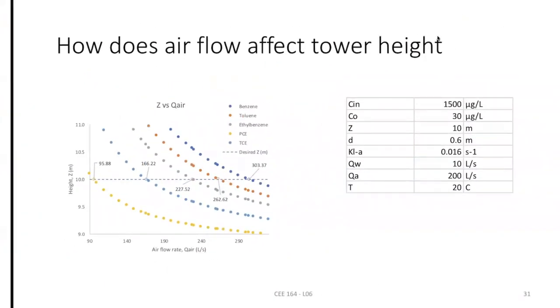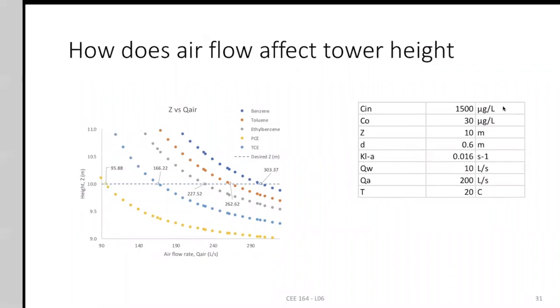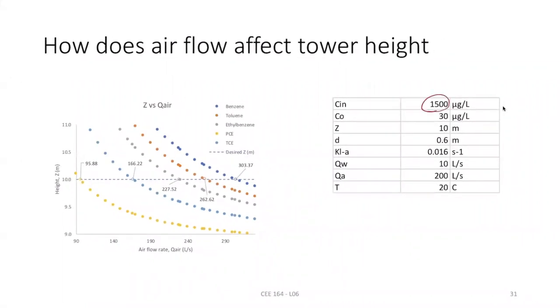So I put all these values here. C in is the amount of pollutants coming in the groundwater. C out is the treatment goal. That means this is what your effluent concentration should be, or lower. So that means the removal is basically C in minus C out